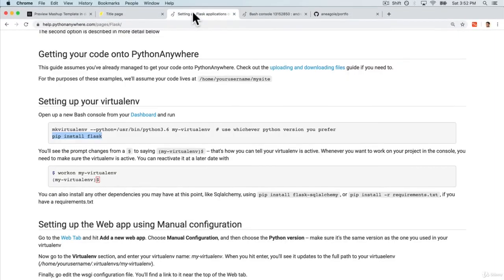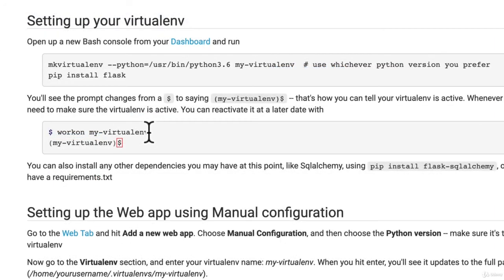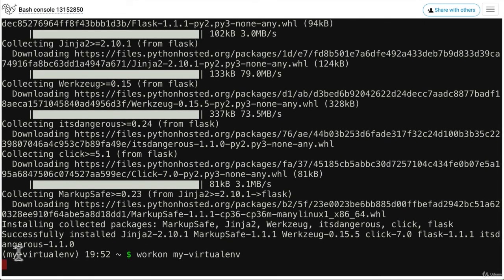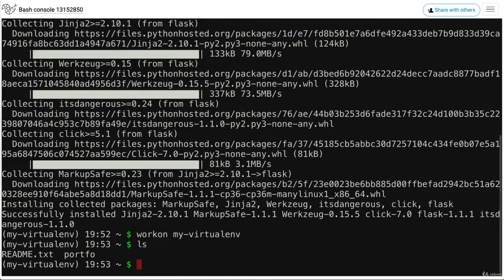And then the next step is to run this command. Well, actually this command won't do anything because this command, workon, simply takes us to our virtual environment, which we already have created. This is for next time whenever you, let's say, go back and open up the console to make sure that you're always working in our virtual environment. Now in here, if I look at the files, I have my Portfo project,